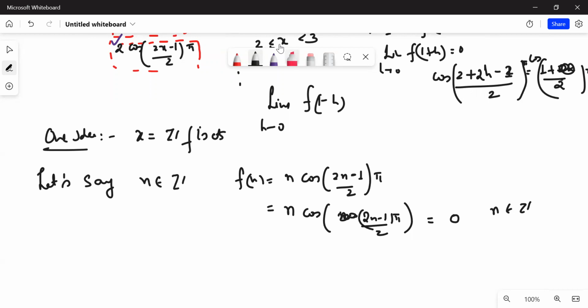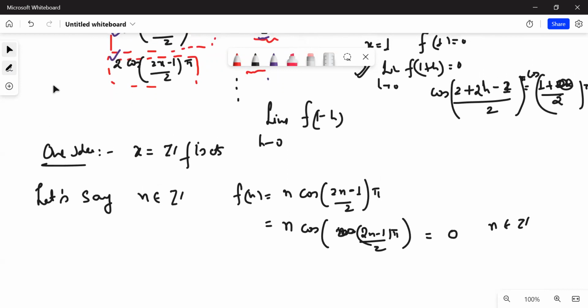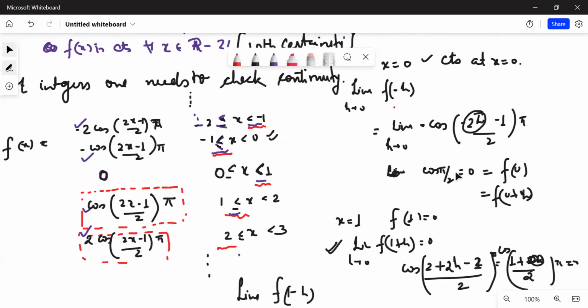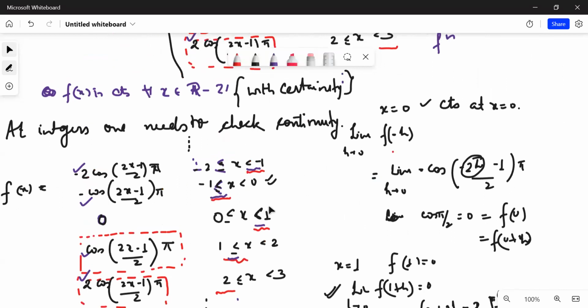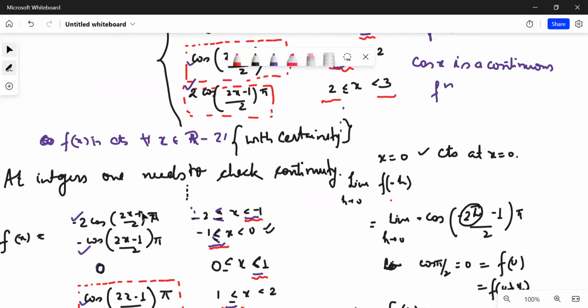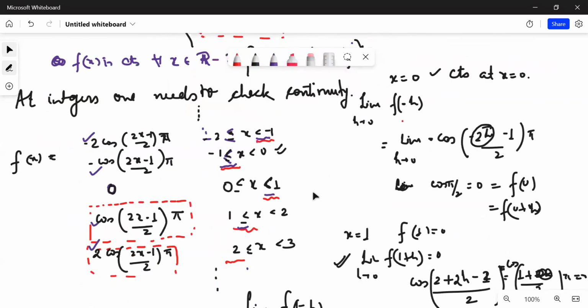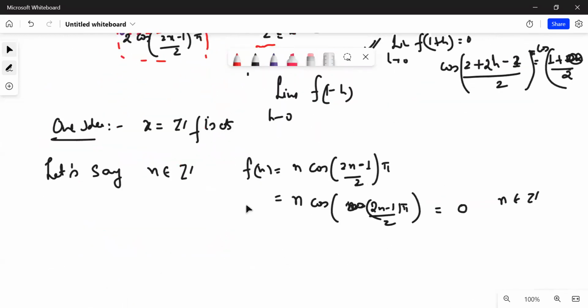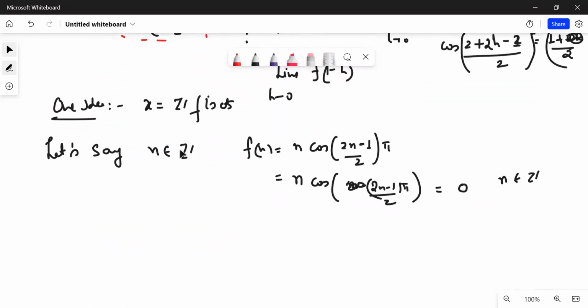हर्षित, yes or no? नहीं आ रहा तो प्लीज पूछ लो. नहीं सर, एक सेकंड बस। देखो, हमें ये आइडिया लग गया कि हाँ ठीक है, इंटीजर्स पे हमारा फंक्शन कंटिन्यूअस ही आ रहा है, क्योंकि लेफ्ट हैंड जाओ, चाहे राइट हैंड जाओ, चाहे फंक्शन की वैल्यू निकालो, 0 ही आ रहा है। अदरवाइज फंक्शन वैसे ही कंटिन्यूअस था, तो एट इंटीजर्स एक आइडिया लग रहा है कि हाँ फंक्शन कंटिन्यूअस हो सकता है। तो मैंने क्या किया, जनरल केस लेने के लिए मैंने मान लिया, I'm taking any n belongs to z, कोई भी एक इंटीजर ले लिया n,